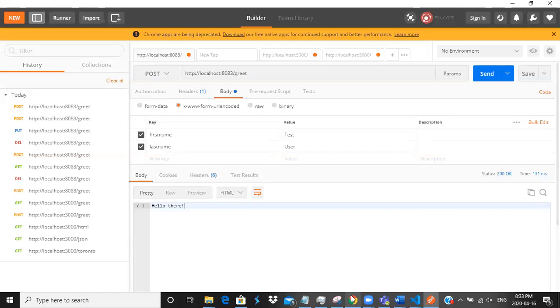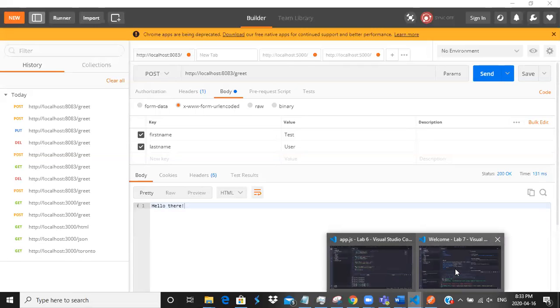The router is just a way of organizing these, like you have a greet router that handles all the different types of routes. You organize them in a way that you can pull them in so you don't have a huge file. But the second part was using